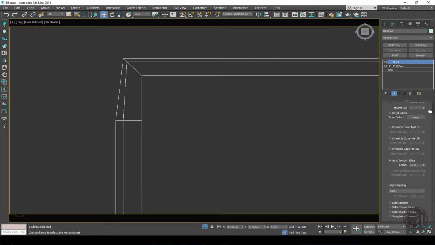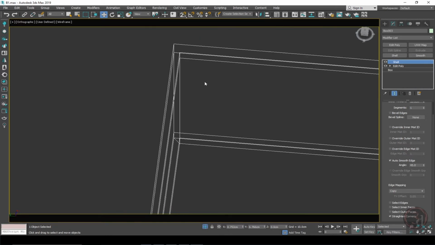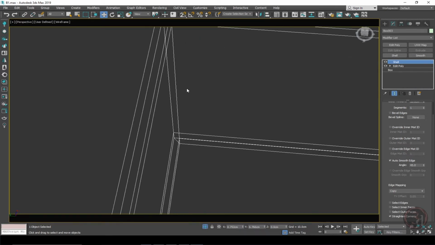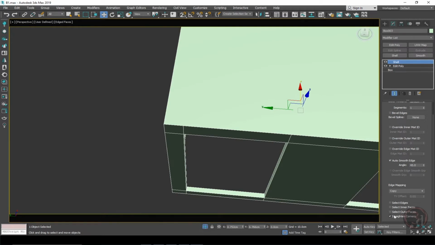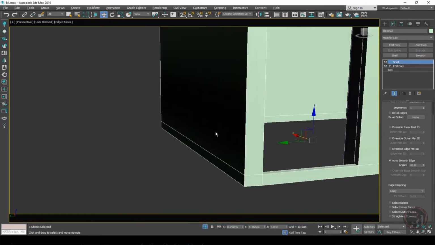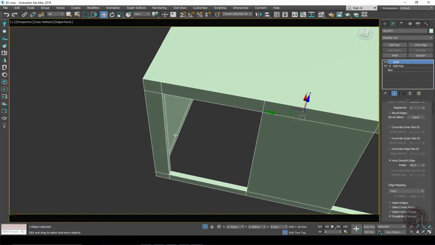Although it's not visible or noticeable, if I just check the straighten corners, that will fix it. Yeah, let me show you again. So with that off, it was showing this weird uneven thickness. So now this is even. Okay,